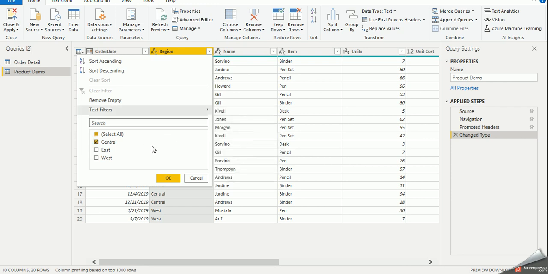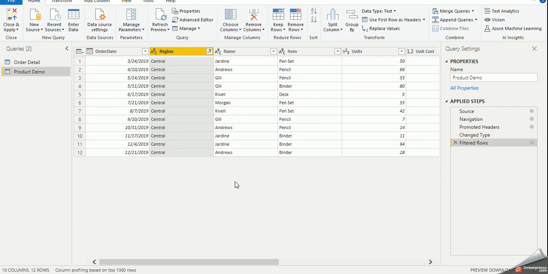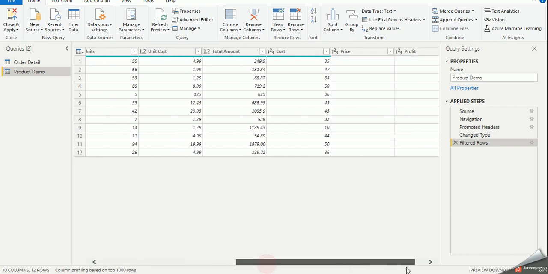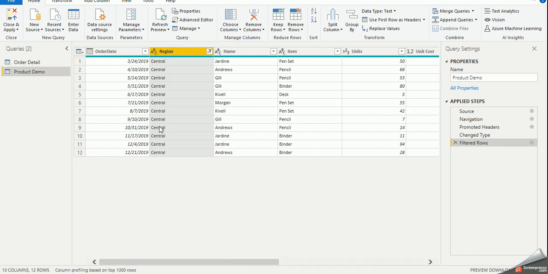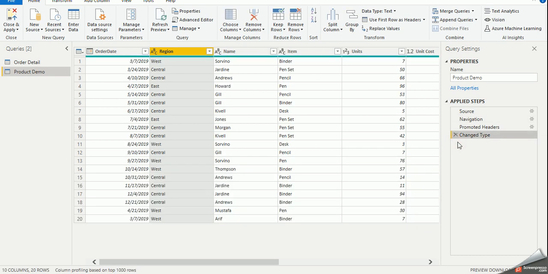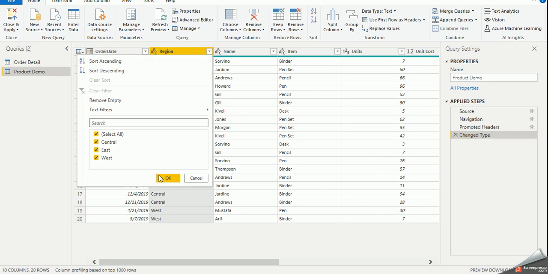But simply I will select Central, and you can see that the filtered data is already available in this section as well. Again, you can see that a step is added as well. All steps are applied in chronological order as defined. So if I remove this step, you can see that all the data comes back again.